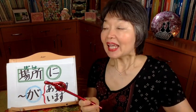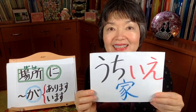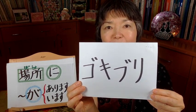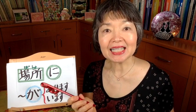But first, I'm gonna say, in my house, there is one cockroach. Okay? 場所, the place. In this case, うち or 家, the same, the house. うちに, in my house. Here, ゴキブリ, cockroach. ゴキブリが, and this is living things. ゴキブリがいます。うちにゴキブリがいます。But if I want to say one cockroach, うちにゴキブリが一匹います。Right? うちにゴキブリが一匹います。